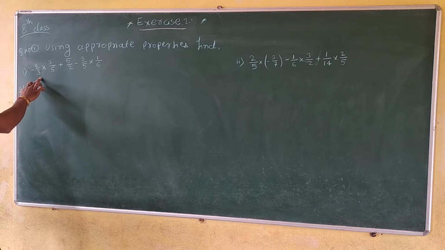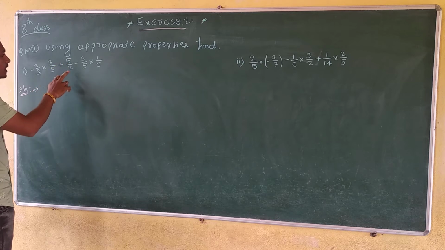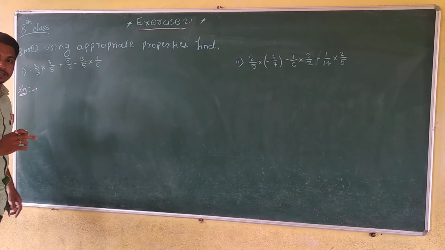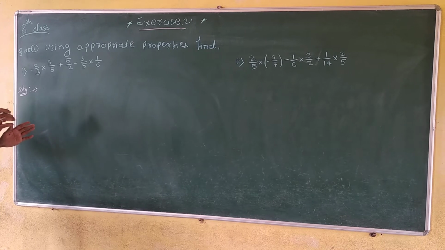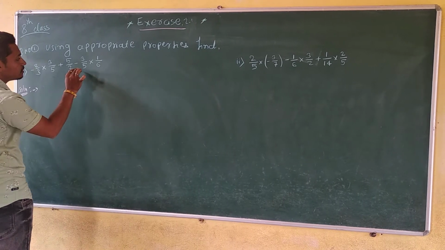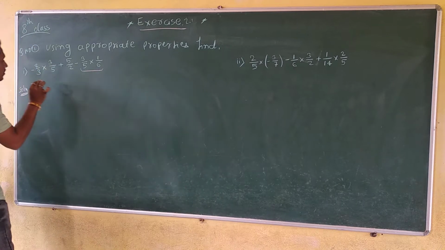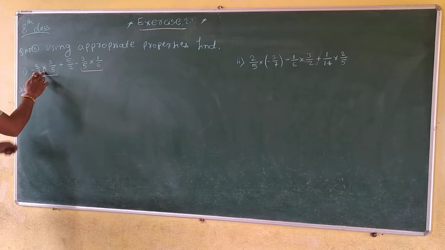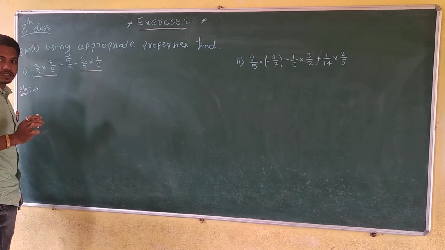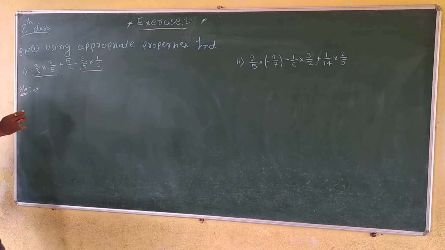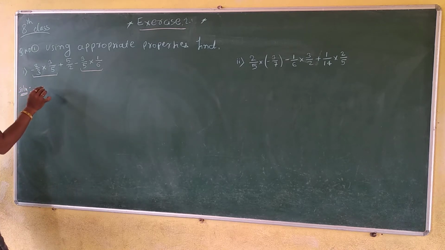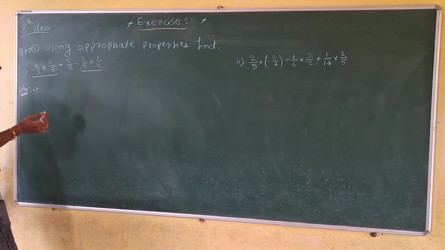Minus 2 divided by 3 into 3 divided by 5 plus 5 divided by 2 plus 3 divided by 5 into 1 divided by 6. First imagine this is one complete term and this is one complete term, because the sign in between is multiplication. So first, by using the associative property, we have to rearrange this equation. How is it here?